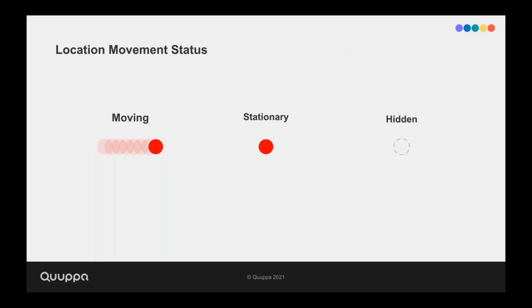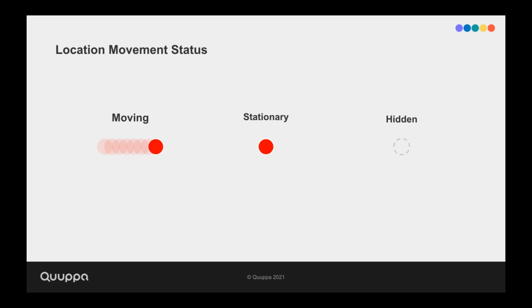So for that, we've introduced the stationary tag status. Essentially, what this means is that if a tag stops moving for a predefined amount of time, the tag then returns to a default state and will not move from this position until the accelerometer within the tag is triggered again. This is a very useful feature, especially in high accuracy tracking areas where the tags may jitter as the QPE is constantly listening for the position of the tag, potentially causing movement even if the tag is not moving itself.